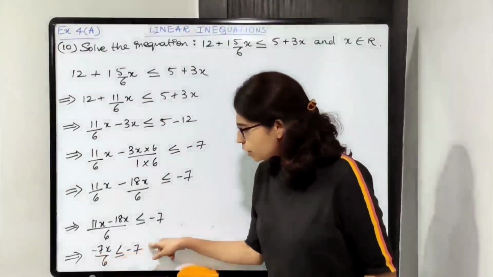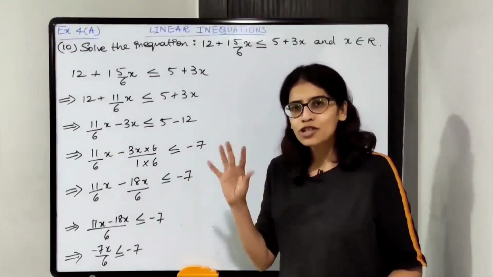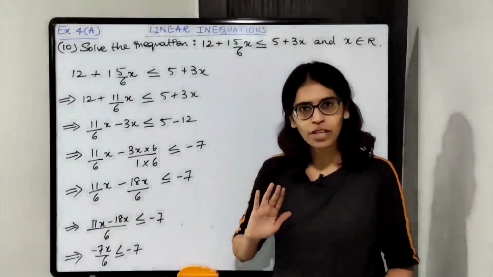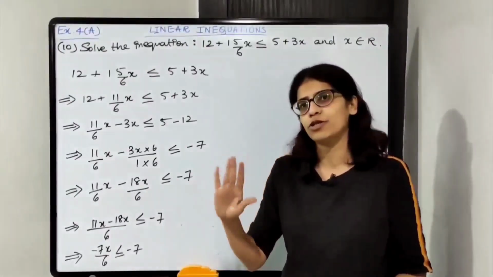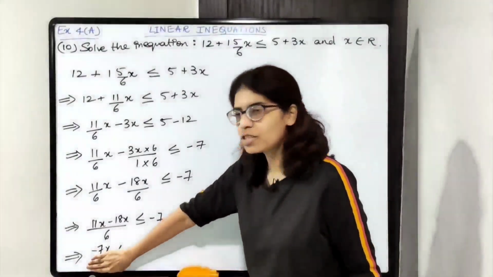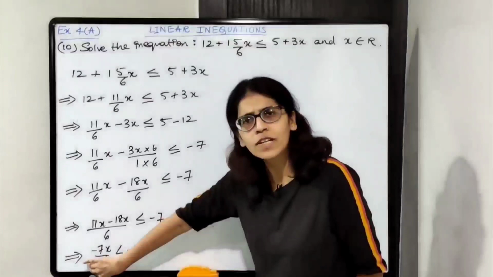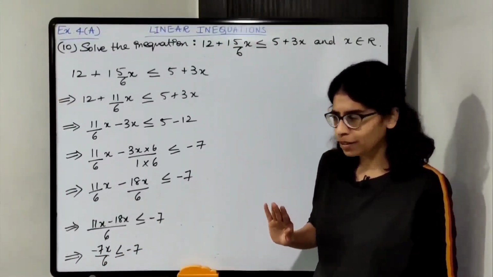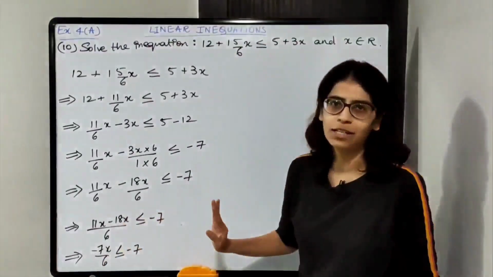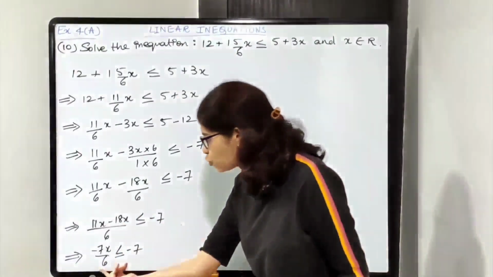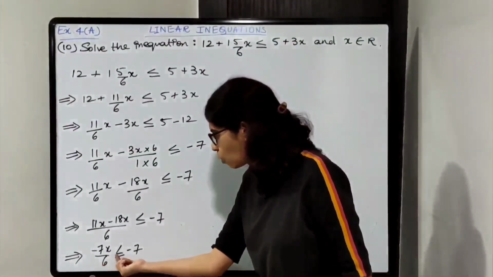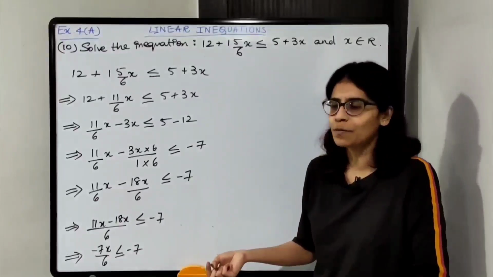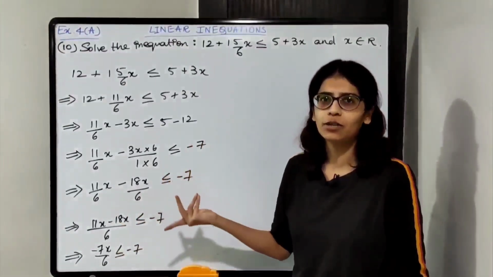Now we have to shift the number on the other side, but before shifting, x is negative, make it positive. Okay, whenever x is negative, पहले उसको positive कर दो. So we are going to change the sign over here. When you change the sign on one side, you have to change it on the other side also. Simultaneous process है. Okay, so यहाँ पे भी sign change होगा, तो यहाँ पे भी sign change होगा. Okay, and when you change the signs on both the sides, what will happen to the inequality sign? Inequality sign reverse हो जाएगा. It is less than or equal to, it will become greater than or equal to.